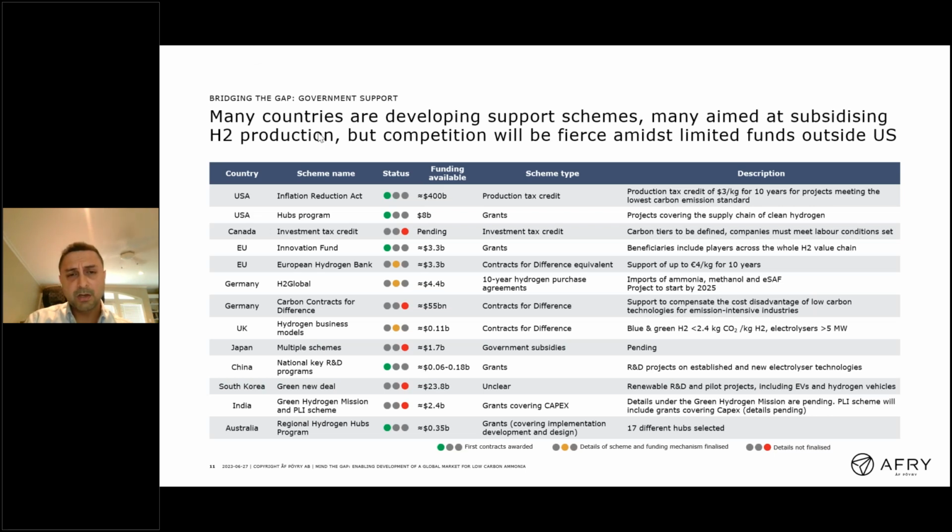In addition to the IRA tax incentives, the US also has a hubs program, which provides around $8 billion of grants for the development of hubs, which are basically clusters of hydrogen producers and end users, along with transportation infrastructure to connect the two. In addition to the US, I wanted to highlight what the European Union is doing through